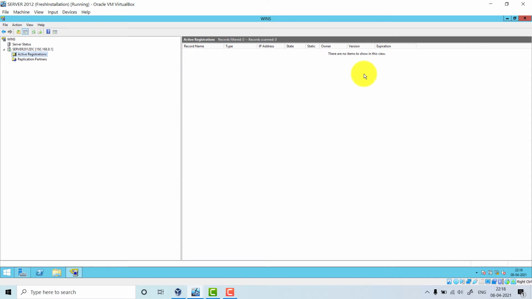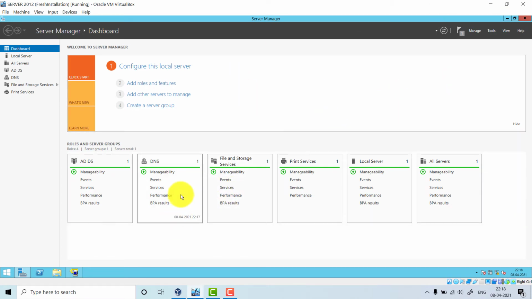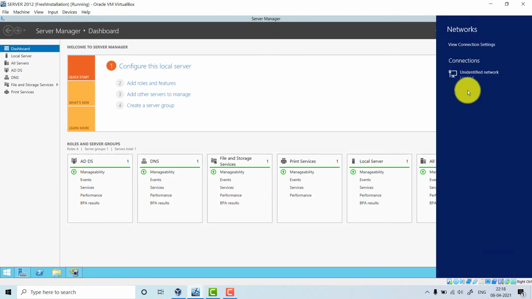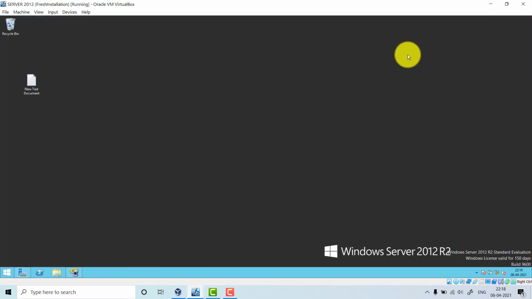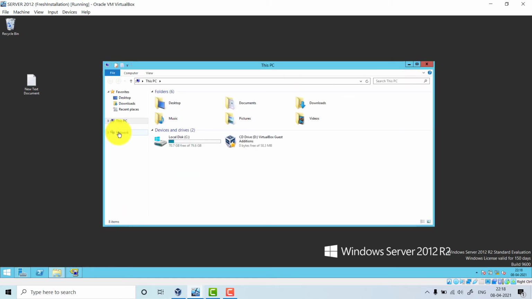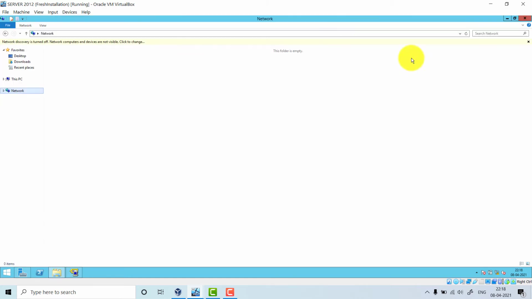As you know, I have installed two machines on my virtual machine. One is Windows 10 as a client machine and one is Windows Server 2012 R2. So we are doing all this on Windows Server 2012 R2. What do you have to do now? Just let me check the IP address of my server machine, the Windows Server 2012. Just a minute, let me check that, because we need it.